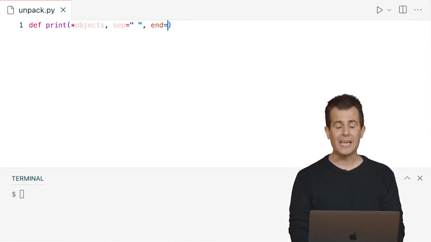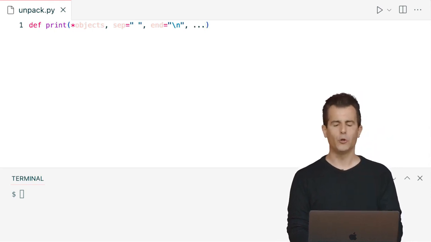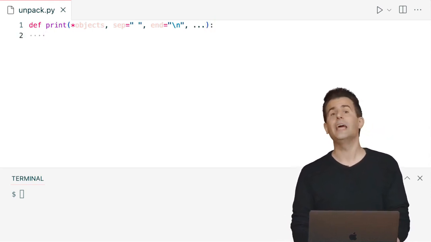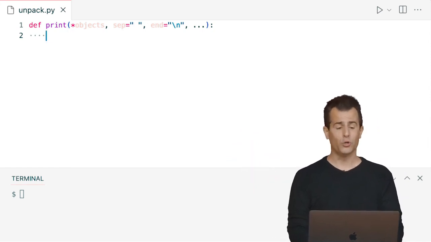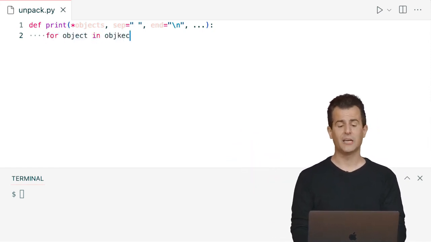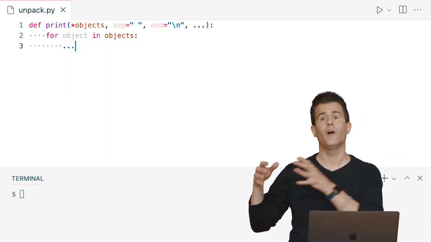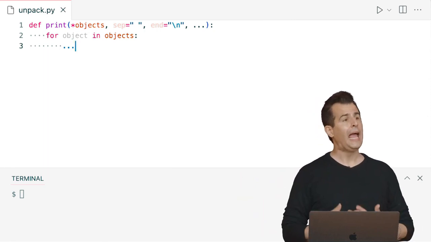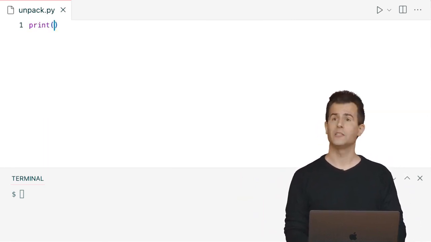The next one of which might be end, the default value of which is a new line, and then some of those other named arguments that we've not looked at as well. And then maybe inside of the print function implemented by the authors of Python, maybe there's a for loop like for object in objects that allows them to iterate over each of those variable number of objects and print each of them. And this is why in programs past, you and I have been able to do just print, open parenthesis,